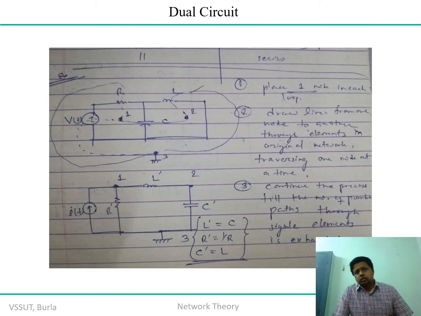Let us consider the two dots established as dot number 1 and dot number 2. Now you are going to connect these two dots by establishing one more dot at the outside of the loop. Always remember, it is mandatory. It doesn't matter how many loops you have in your electrical or electronic network, you are going to consider one dot at the outside of the loop, considering that the outside dot is the lower potential terminal, that is connected to the ground. Now each dot should be connected with another dot by considering one element at a time. So you have to consider one element whenever you connect any two dots.